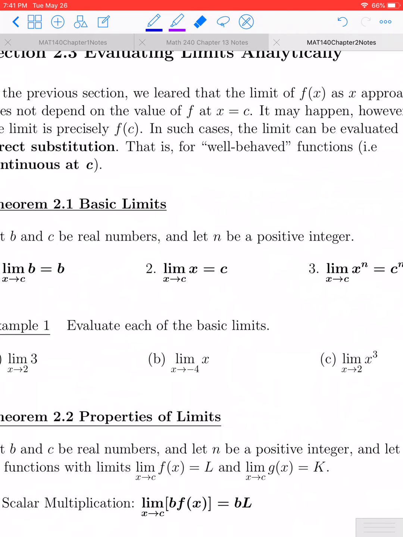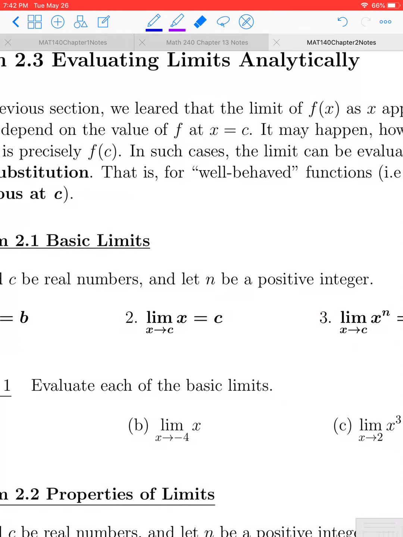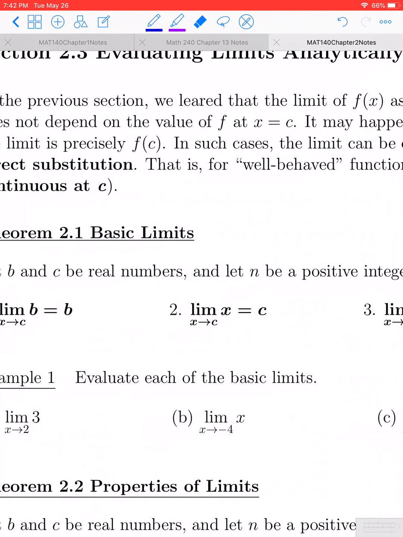One of the things, and this is something that you don't want to lose track of as we move through this section 2.3, we made a big deal about it that the limit of a function can exist and is independent of what actually happens to the function at the value x equals c. However, there are some situations when the actual limit is going to be equal to the value of the function at that point c, and this is what we refer to right now in air quotes as well-behaved functions. Technically, the term for that is functions that are continuous at the point x equals c,